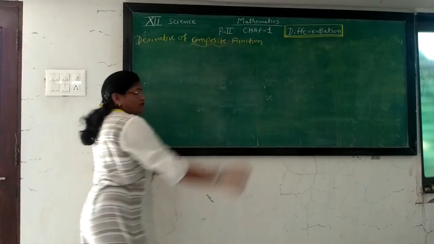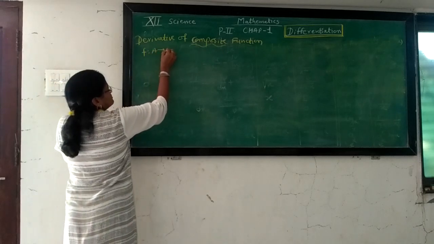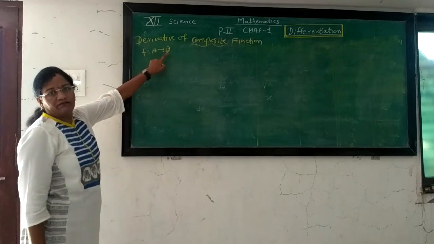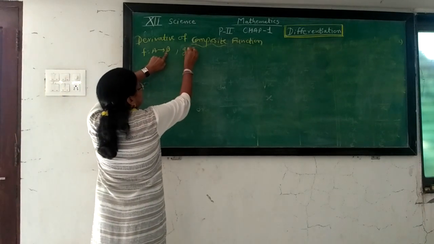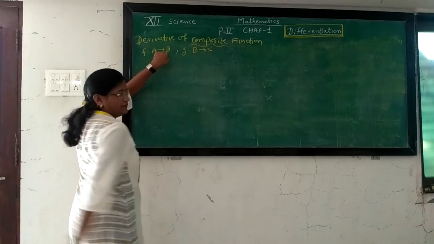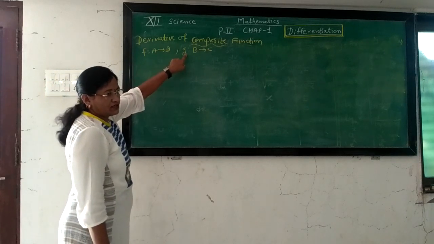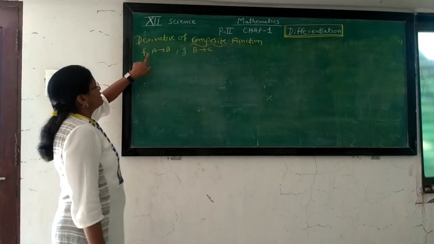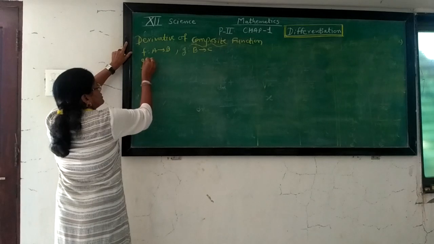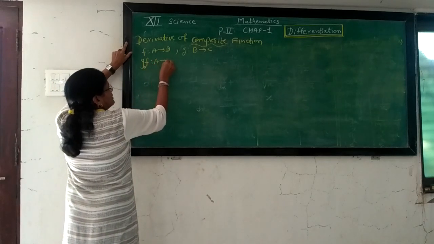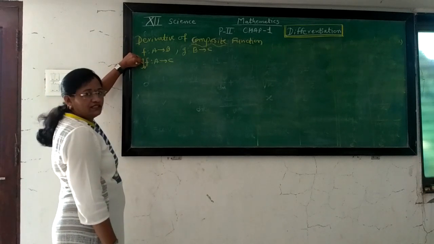Remember the composite function. In general, suppose F is a function defined from A to B, where A is the domain set and B is the codomain set. From the codomain of this function, we can define a second function G from B to C. Then we take the composition of F with G, which can be defined as F composite G or G composite F. Here especially we can define G composite F from A to C. Here we take always the first function as F and the second function as G.